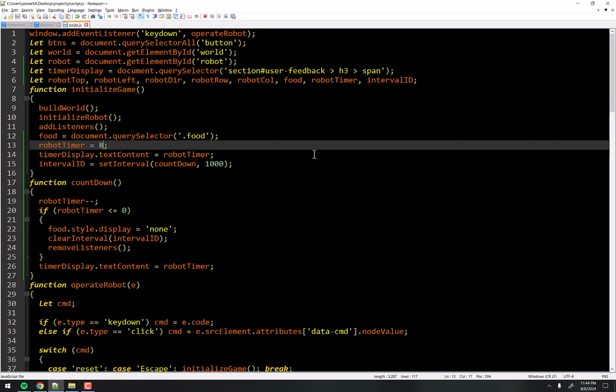So hopefully between the lecture video where we did the little clock timer thingy, and then this application of it where you can see how we added it to the game to give it a little bit more excitement or suspense. Hopefully that helps you get a better grip on how timers and intervals work in JavaScript.